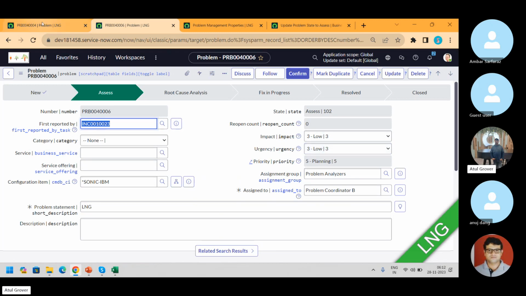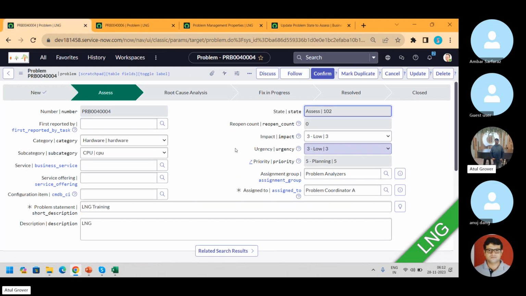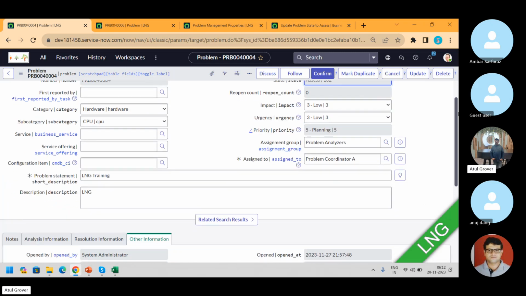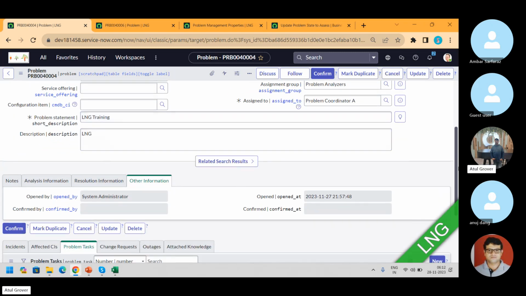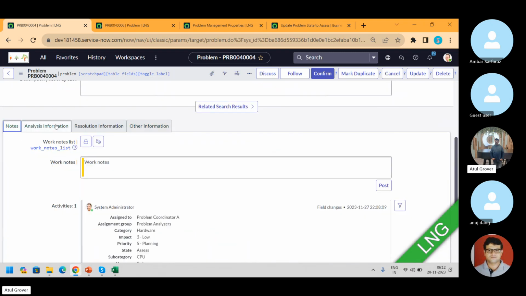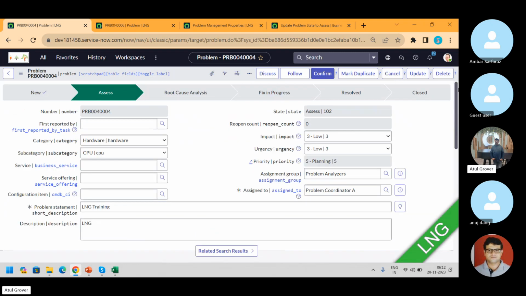Now I, as the problem coordinator, come here and read this problem record completely. Okay, it has this. Okay, we have this under notes. Okay, yes, I confirm that this is a problem record. I confirm that yes, my team needs to work on this problem record. Okay, before we go to the next level, or say that the assessment has been done,